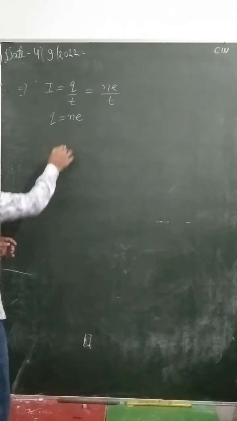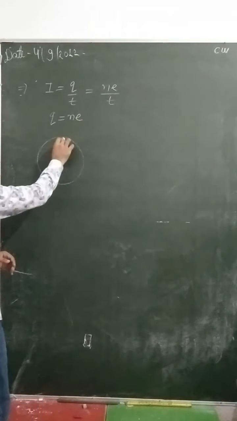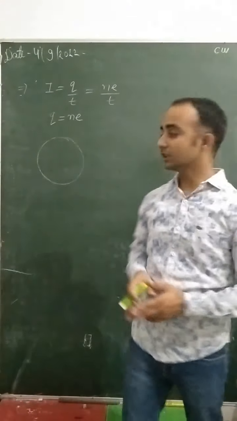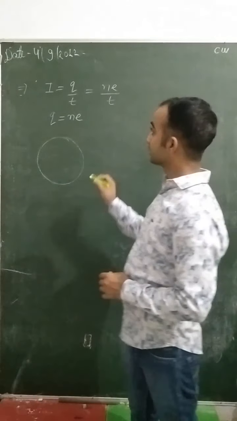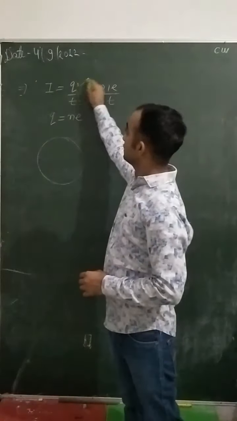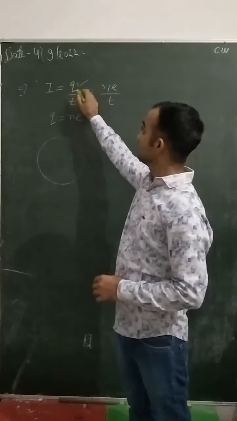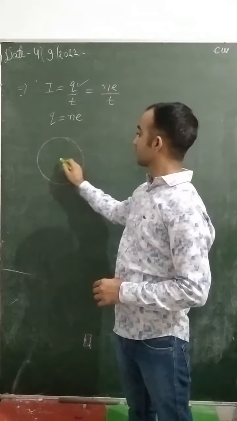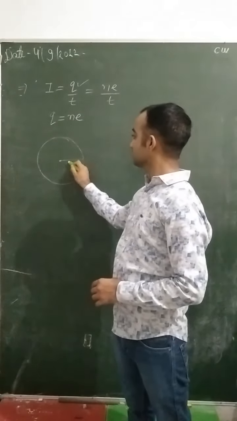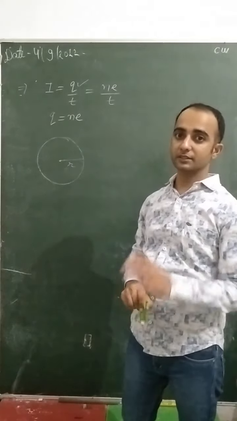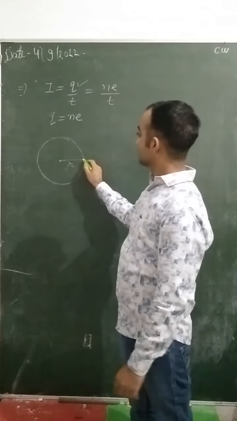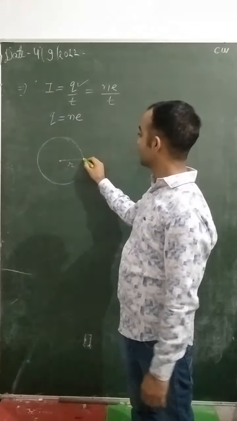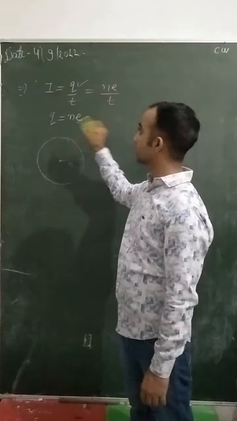But in case of circular motion of a charged particle like an electron, if electrons are moving on a circular path, then they can also form electric current. But what is the relation for electric current? You have to know the charge and the time for this path. Suppose an electron is moving on a circular path of radius r. It starts to revolve in the circular path and makes an electric current. That electric current you have to find with the help of this relation.